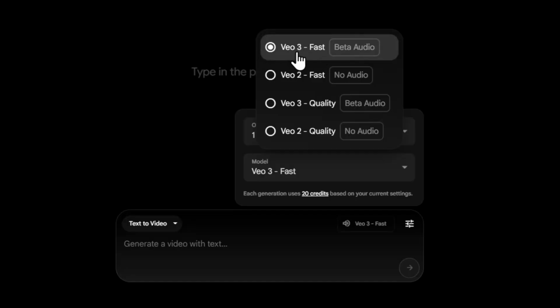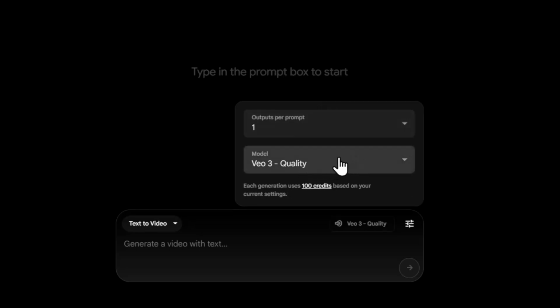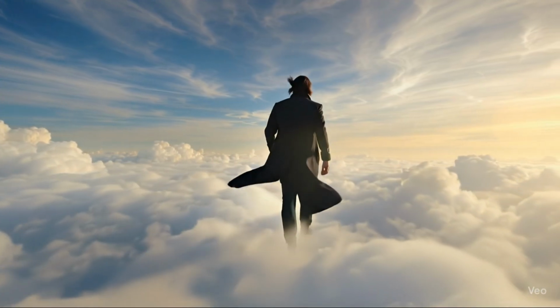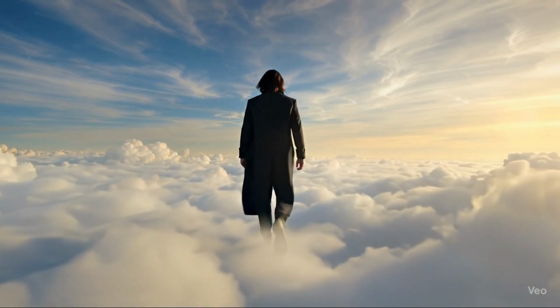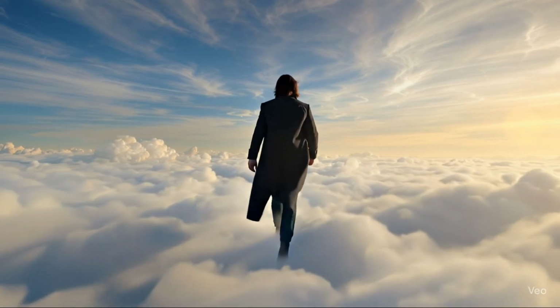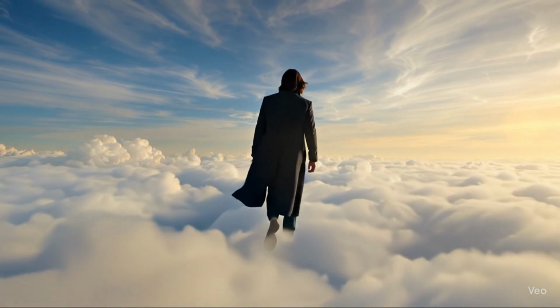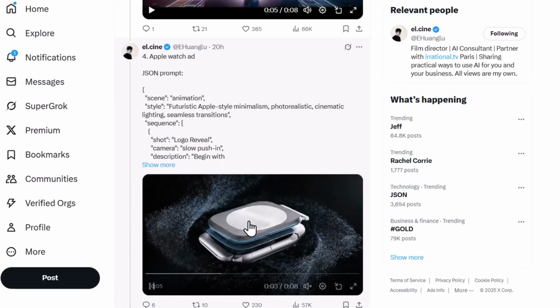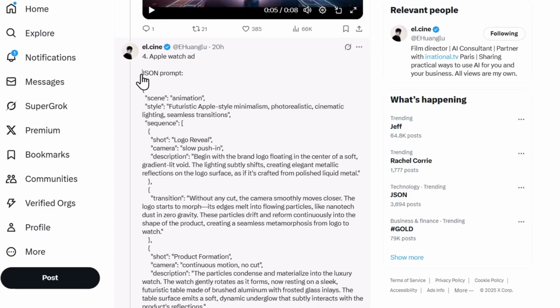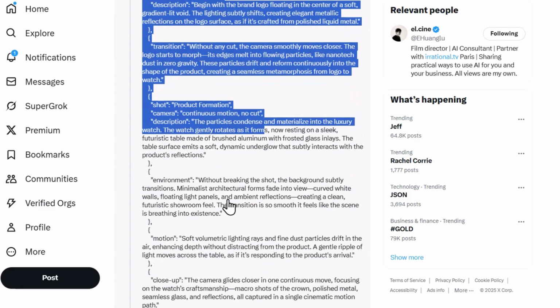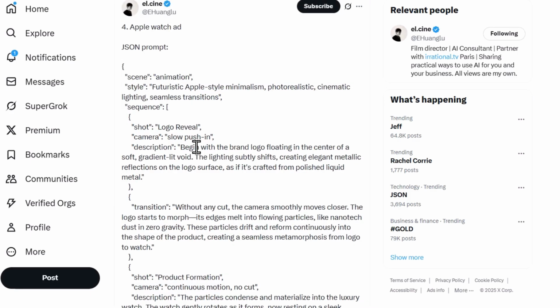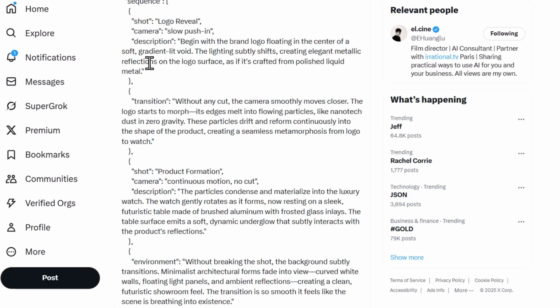But I recommend starting with the Veo 3 Fast version if you do not want to spend a lot of money, and you only need to go to Veo 3 Quality if you are having trouble getting exactly what you need. For example, I created this video with the Veo 3 Fast model, and it only cost 20 cents. Now, to create these kinds of videos, you need to use this initially complex prompting technique called the JSON format. If you are unfamiliar with JSON format, don't worry, I will show you step by step how to use this